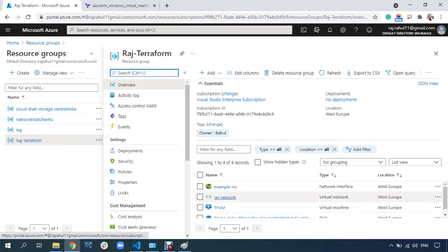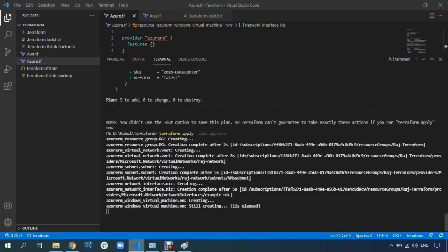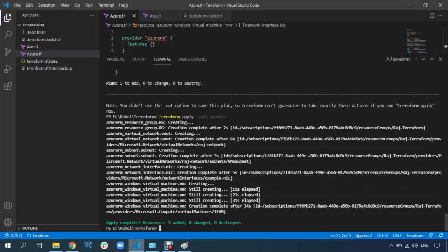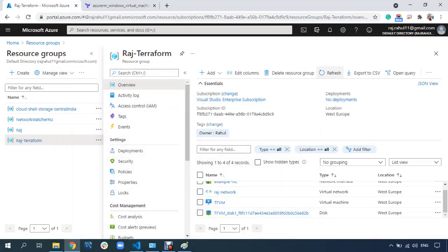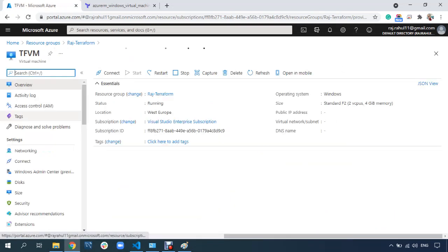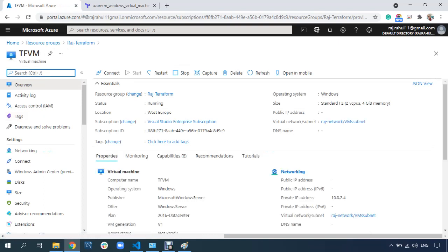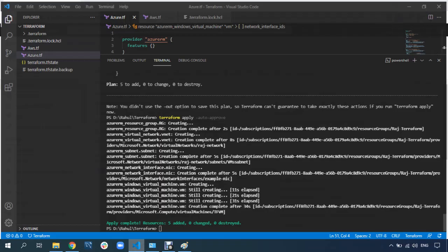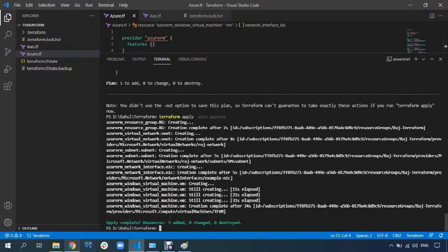Most of the resources are created because it is still creating. If you refresh, you can see your virtual machine is also created and it is up and running, and whatever resources we mentioned in the Terraform block, everything is created.